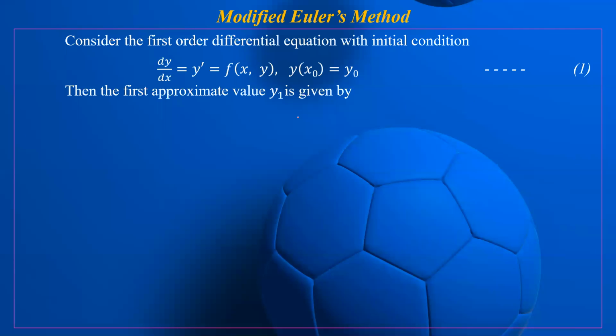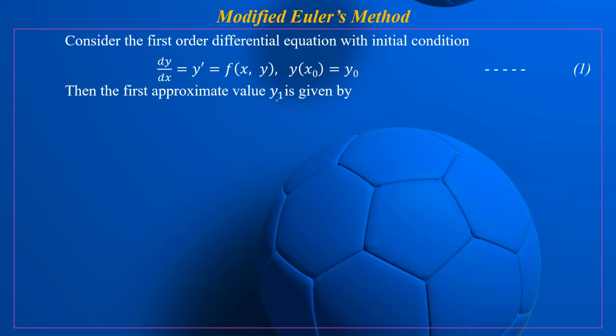But in that method, Euler's method, we have to take many more iterations, and it is still not clear that we will get the exact value. We are not getting the correct value even after doing many more iterations. So now Euler modified his method, and he gave another method which is called the modified Euler's method. So what is this method?